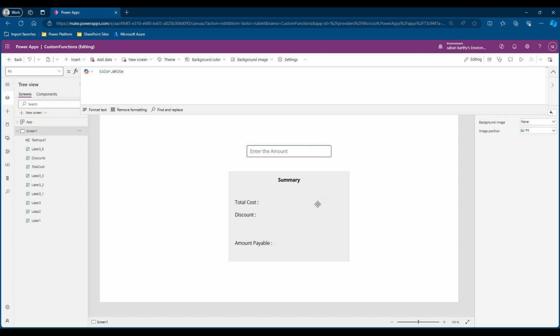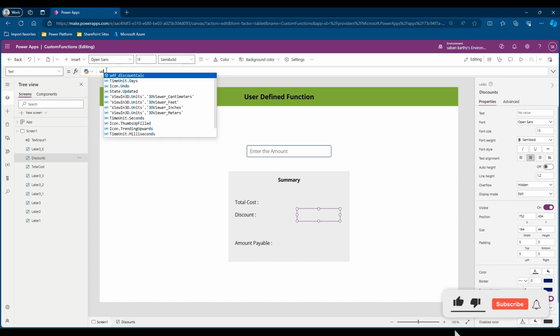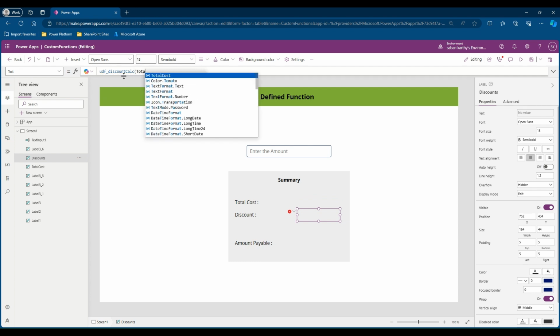So we have a total cost column. In this column, if you see, I have referenced the complete input of this text input 1, and this discount we will call our user defined function. So UDF underscore discount calculation open bracket. It is asking what is the input. So if you see, the input is total cost again. So total cost dot text,